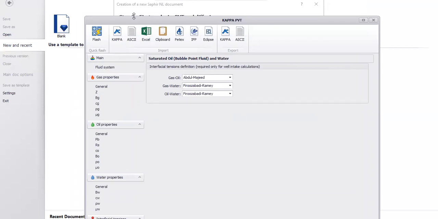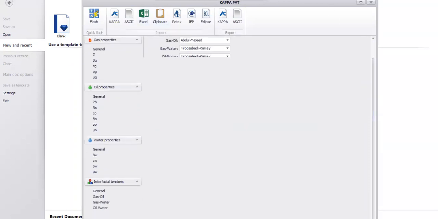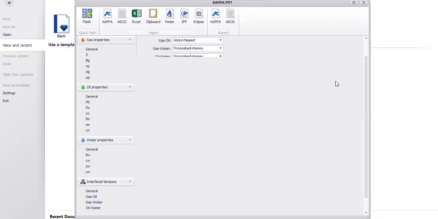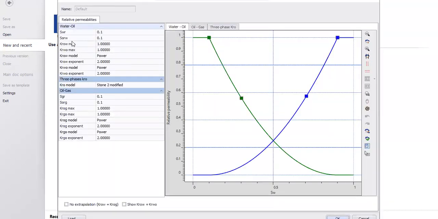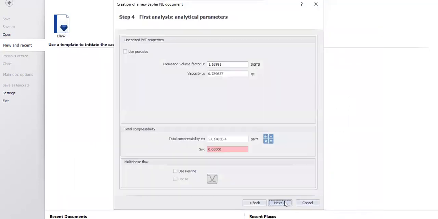Okay, so I'm going to squeeze this window so I can see the OK button. I still can't see it. Squeeze again. Click OK. Relative permeability, I'm going to open this one. So for the SORW, it's 0.27. And for this one, I think it's 0.3. Click on OK. Next, formation volume factor is 1.233